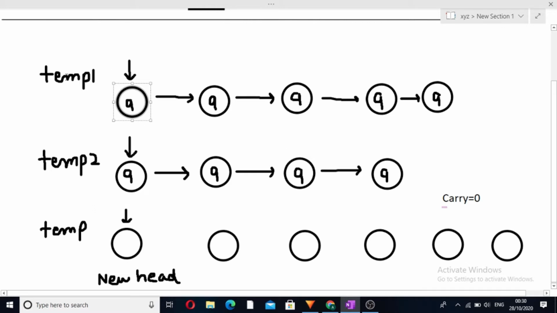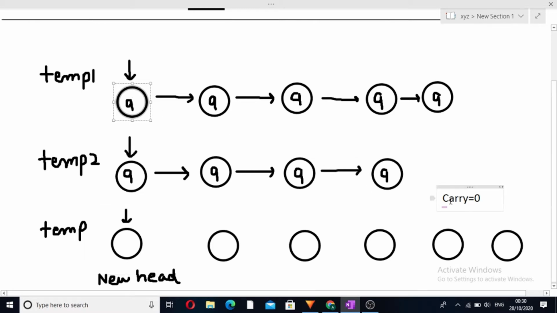So how will we do it? We will take two pointers, temp1 and temp2. These pointers will help us iterate over the linked lists respectively. That is, temp1 will be used to iterate the first linked list and temp2 will be used to iterate the second linked list. At each node we will add the values of these nodes, make a new node and append the value in that. Let's quickly dry run the code.